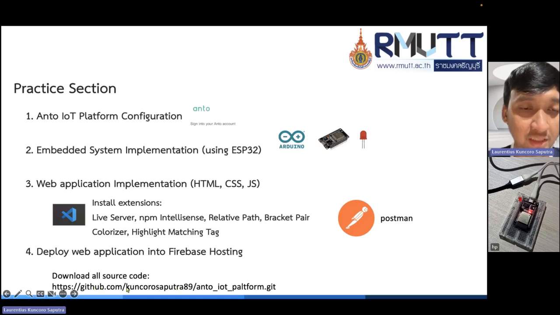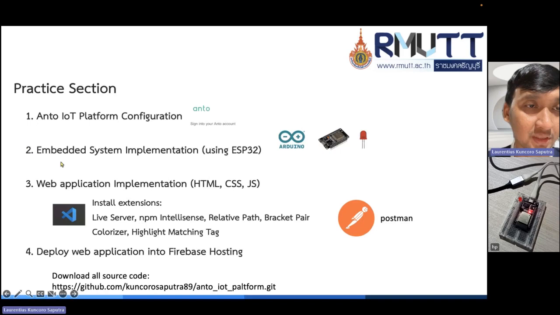My GitHub provides the Arduino code and the web application code. In the web application code, there are three files: HTML, CSS, and JavaScript files.